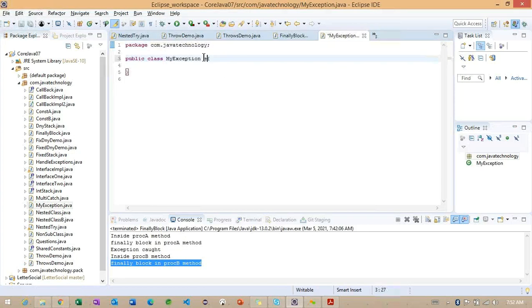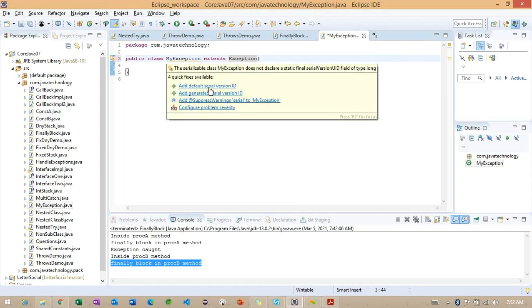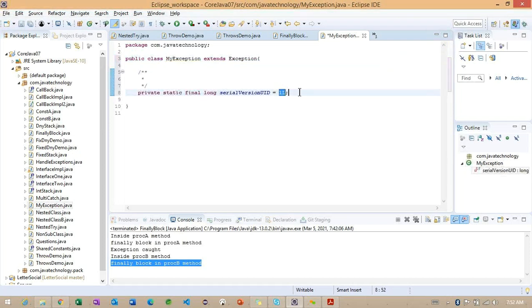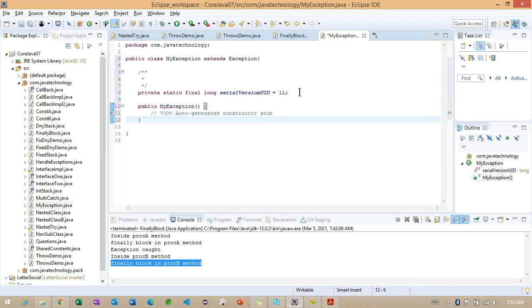Now we are going to work with extend here. We need to extend this exception class. It has a default serial version ID. And later what I'm going to do is write a constructor, where I want to specify some message here.